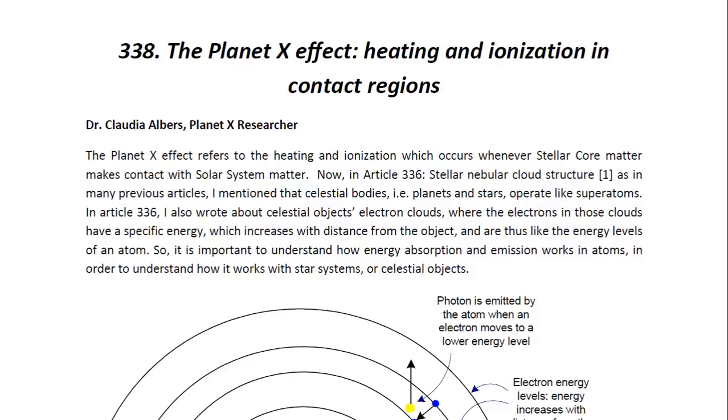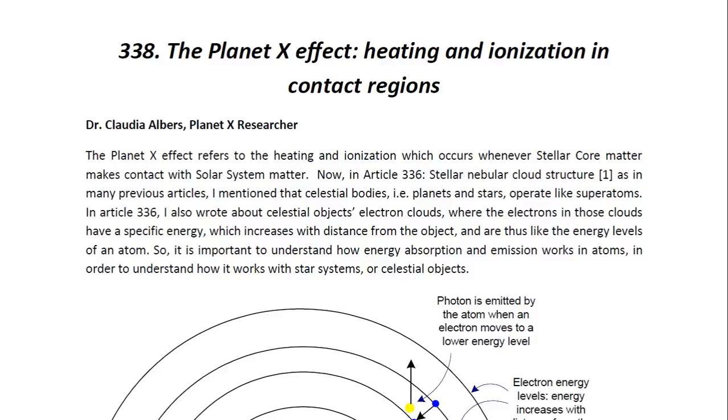This one is entitled The Planet X Effect, Heating and Ionization in Contact Regions. Now, the Planet X effect refers to the heating and ionization which occurs whenever stellar core matter makes contact with solar system matter. Now, in Article 336 entitled Stellar Nebula Cloud Structure, as in many previous articles, I mentioned that